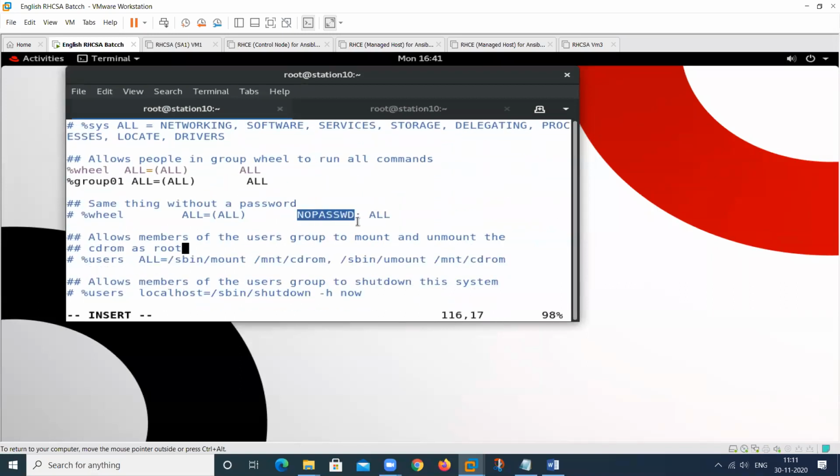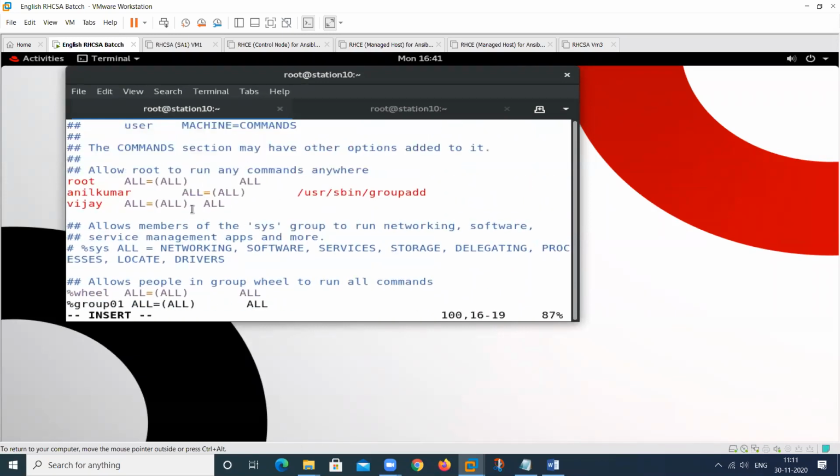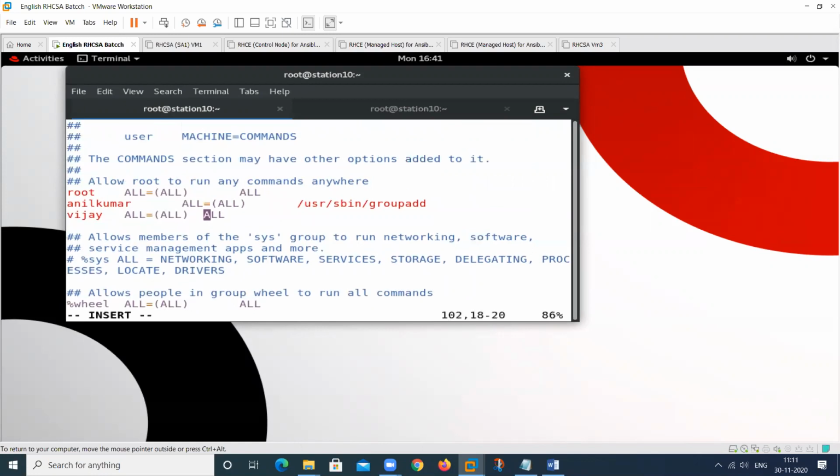Copy this option and paste it here. So this user from any location can perform any command, and it will not require the sudo password. If I place this option, it will not ask for the sudo password. I will show you. Then save this.